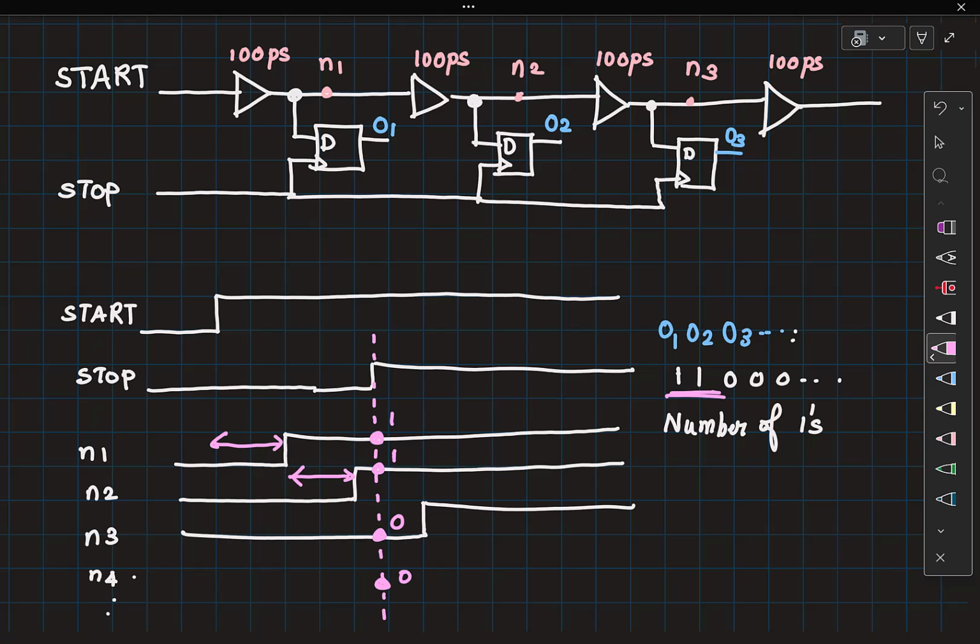So if the TDC output is 2, that means the delay, T in, is greater than 2 times Tres, and it could be any value which is lesser than 3 times Tres. Right? So typically we say that it is 2 times Tres with some additional uncertainty. Any questions on this? So as you can see, I started with a similar looking structure as what you have drawn.